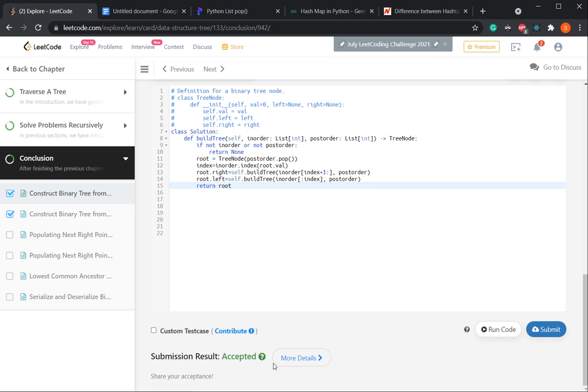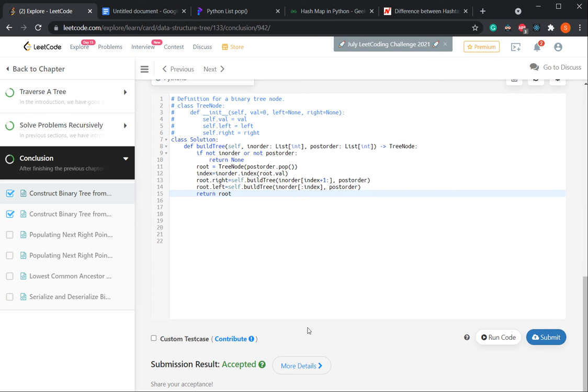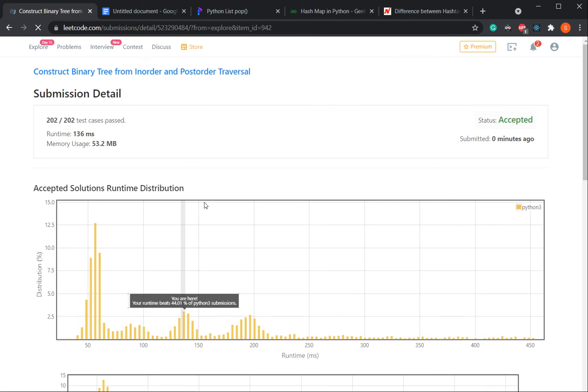It got accepted, and I think this is doing fine. For more details, we can see how much time it takes. Runtime is 136 milliseconds, and maybe we can reduce the runtime if we use another algorithm.